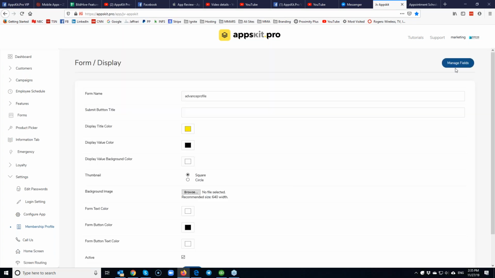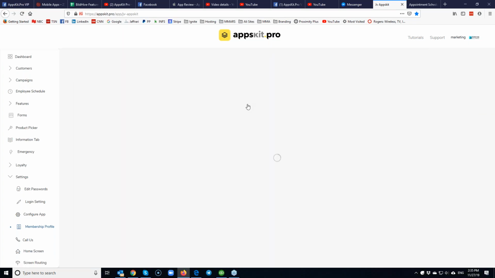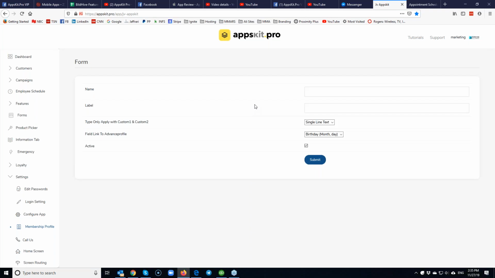Once you hit submit, now over here you put manage fields, and you can set up different fields. There's only really 4 fields you can set up. So name, I believe, what else is here? So you can set up name, and then you can make custom fields 1 and 2, as well as an image. So let's say, actually you don't need their names because you have it when they